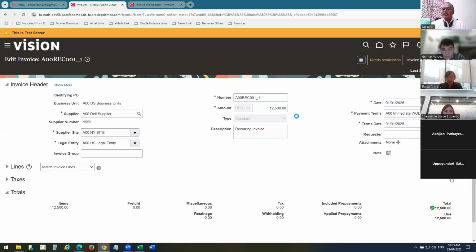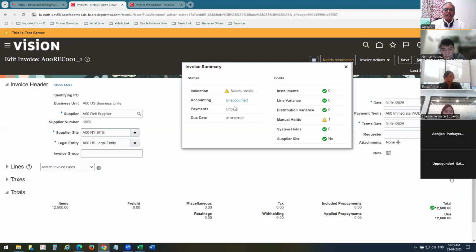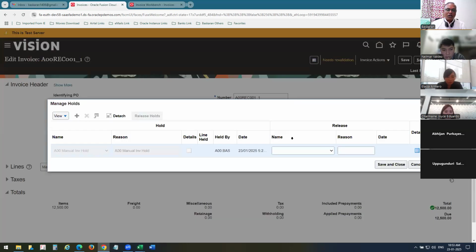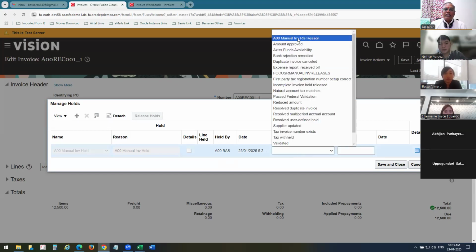Also, if you click on this hyperlink, it will give you a clear picture. What is that? Needs revalidation because of manual hold. With the help of this hyperlink, it leads to the manage holds window, held by Bhaskaran. Raja, clear? Held by Bhaskaran. Now, here itself, we can release